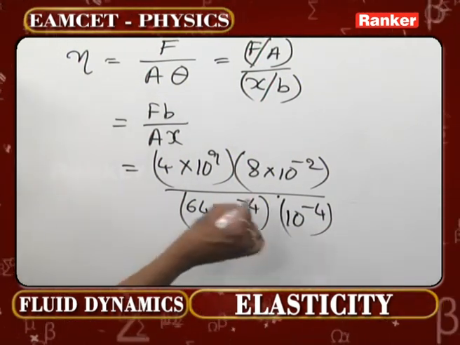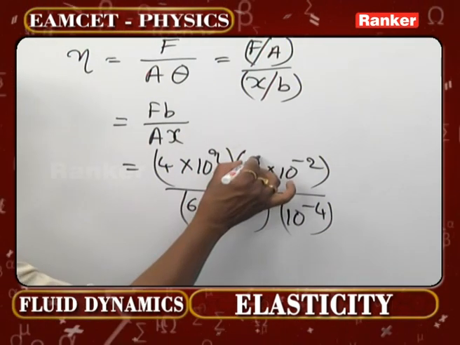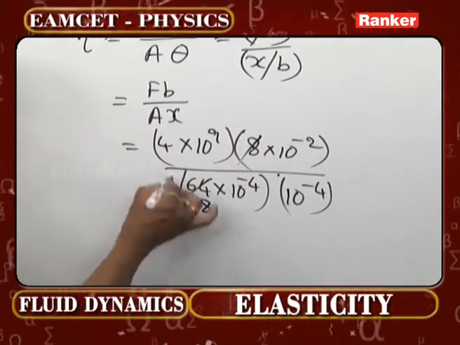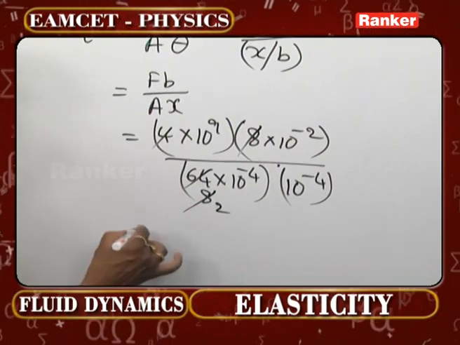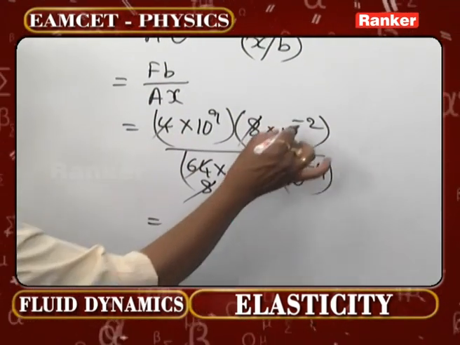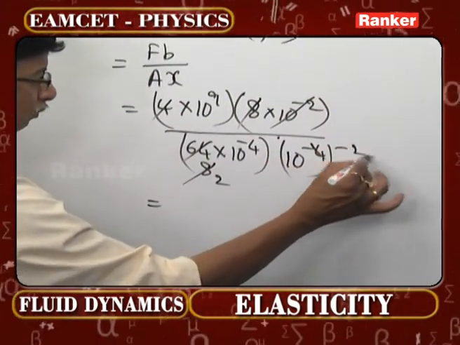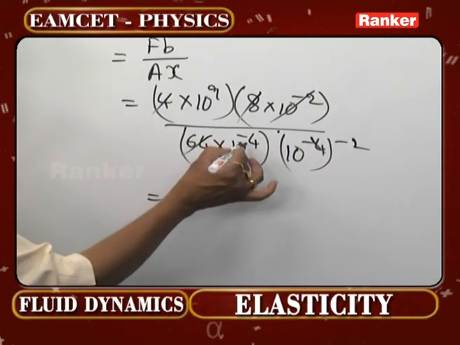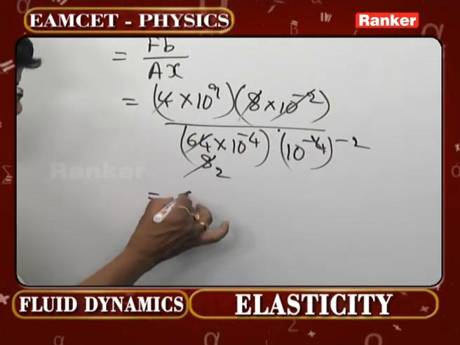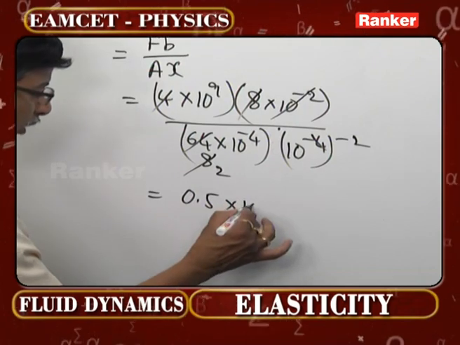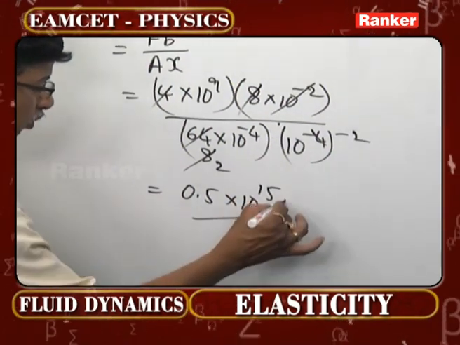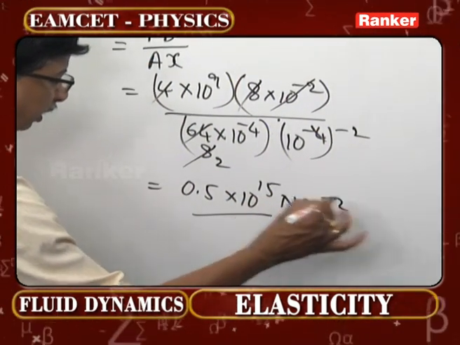Now if you look carefully here, this 8 goes here 8 times. This 4 goes here twice. So what is now left over? 10 power minus 2 cancels 10 power minus 2 times. 9 plus 6, 15. So 0.5 into 10 to the power 15 Newton per meter square will now be the